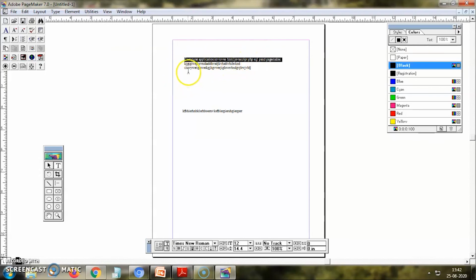Now I am selecting the third line using the keyboard. First you keep your I-beam here, press the Shift key, and then press the right arrow. See very well, as I press the right arrow, the selection keeps moving like this. Can you see? Yes. Now I have stopped.